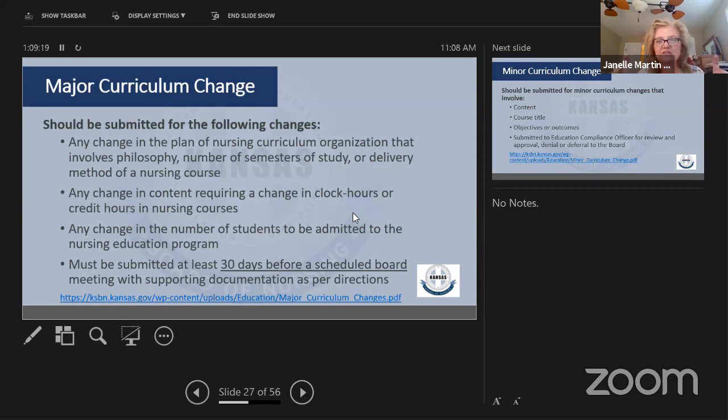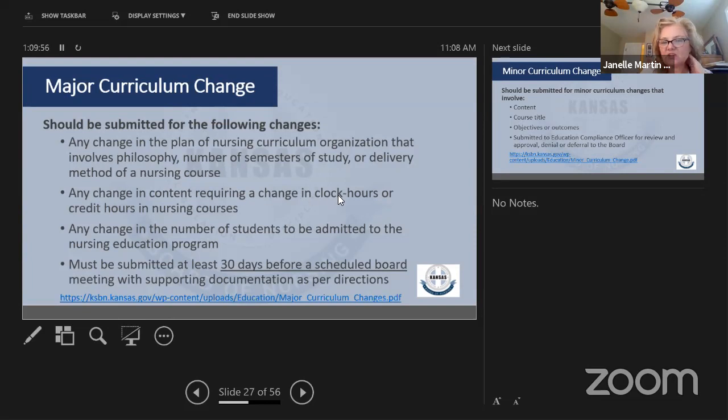Where you don't need to let us know is if you're just changing classes around in your curriculum, other than if it's a full philosophy of we're changing everything because it no longer fits with how we're doing things, then you probably want to submit a curriculum change. But if you're just changing a couple courses around, or you've decided to change one of your prereqs to allow it to be a co-req, we don't need one for that. Prerequisites are not required. You don't need to do a major curriculum change for those.